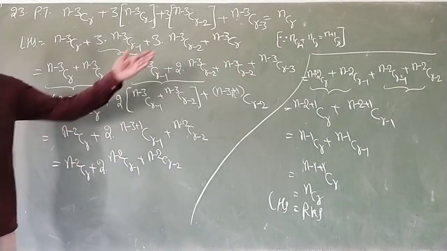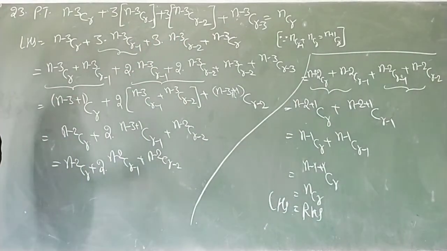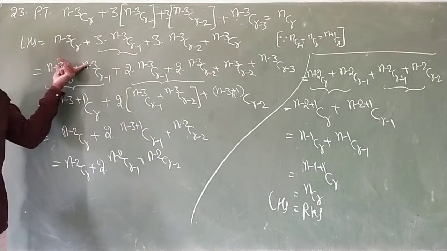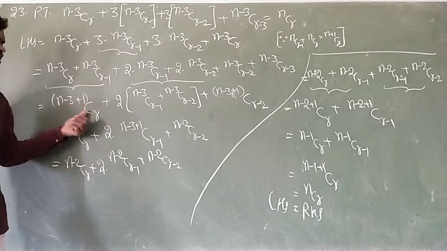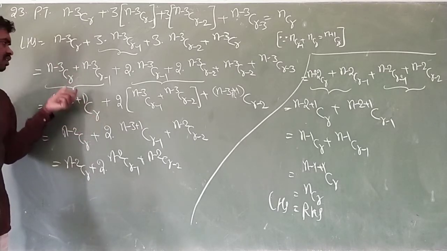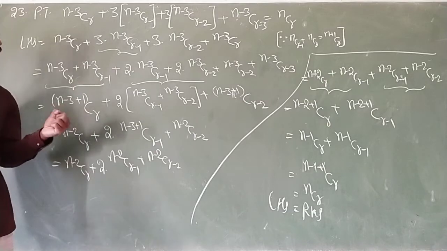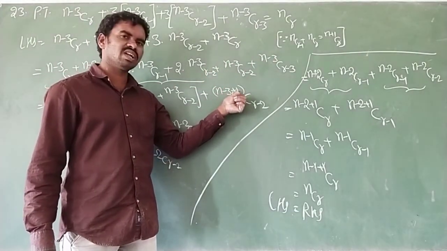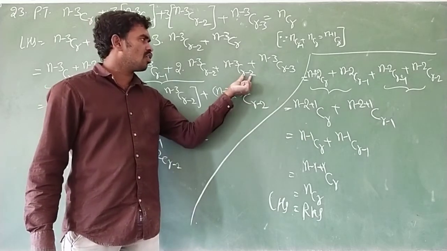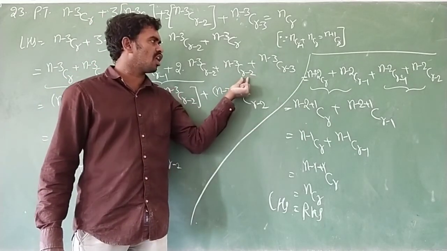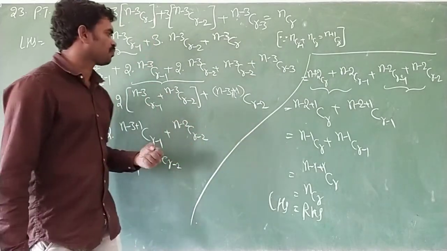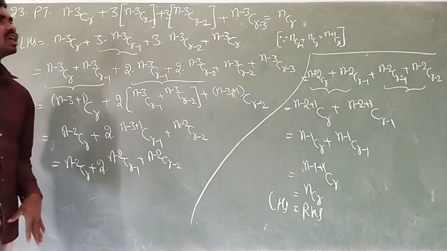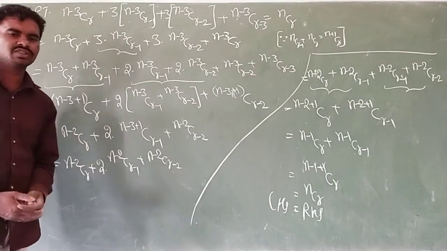I just used the formula nC(r-1) plus nCr equals (n+1)Cr. How to remember that one? How to apply? When the same terms are there, then add plus 1 in n, and in r, which is bigger? r is bigger, so write r. Here also (n-3) and (n-3), the same terms are there. So add (n-3+1) in n, and in r minus 2 and r minus 3, which is bigger? r minus 2 is bigger, so write r minus 2. Okay, and simplify, we can get the result. We just use that formula only. Okay, shall we go to the next?